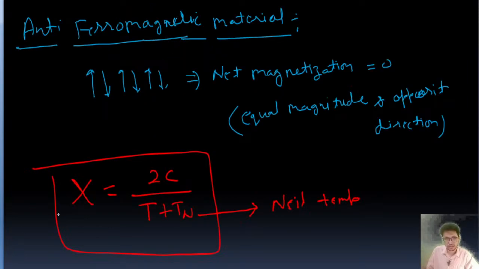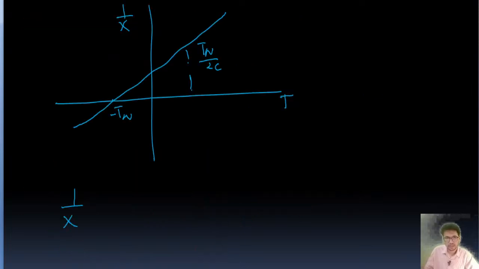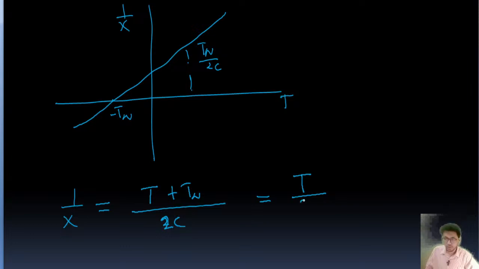So what we can do is, 1 upon chi is going to be t plus Tn upon 2c, and that value is going to be t upon 2c plus Tn upon 2c. Okay, next is